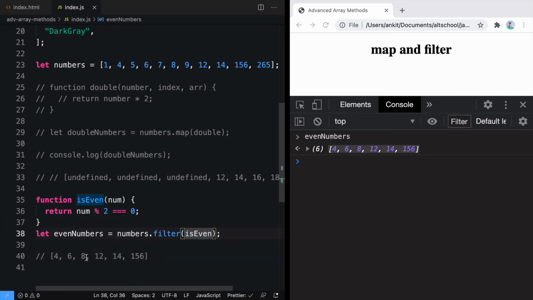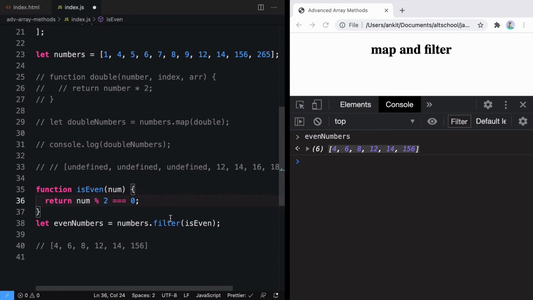And if it returns false, it will not be stored into the new array. So based on this function, I'm filtering the values one after another. So this is how filter works. Similar to map and forEach, filter also gets access to all three arguments, that is the element, index and the whole array, if you need to use them, otherwise you don't have to access them.